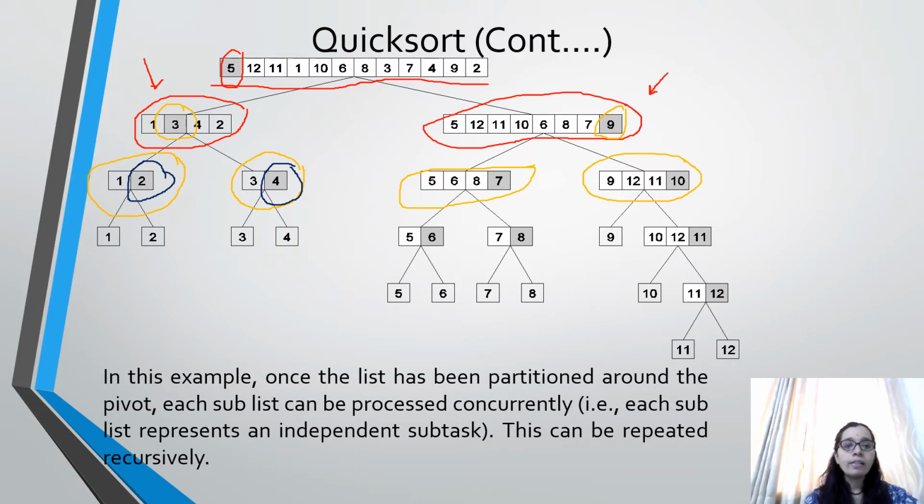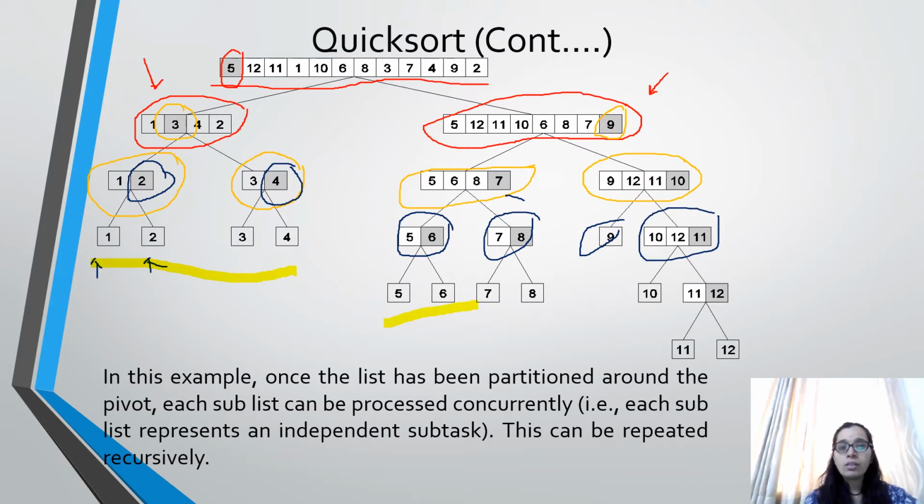Again, elements less than the pivot and greater than or equal to the pivot. And the same thing is repeated here, that is 5, 6, 7, 8 for the pivot 7. For the pivot 10, the elements are 9, 10, 11 and 12. And we repeat this step until a single element is left. As you can observe, in the last step, the leaf nodes, single elements are there. So we will stop the recursive calls of this algorithm here, and then we will merge these elements